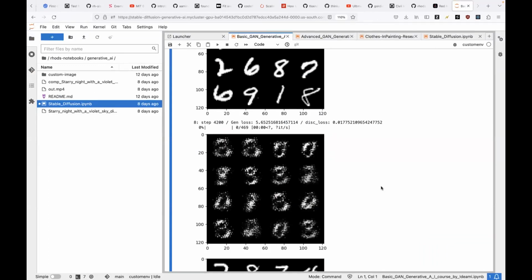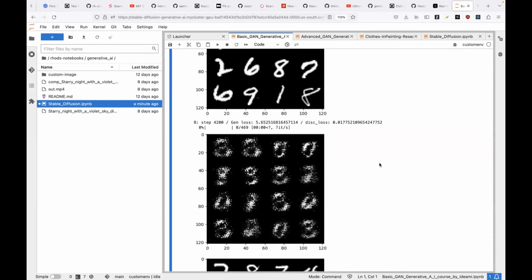Today I'll be demonstrating some of the generative AI scripts and notebooks that I learned while I took a class, and some of the things that I tried. I'm going to start with some simple things like GANs, generative adversarial networks. The first example that I'm going to show is the ability for the model to